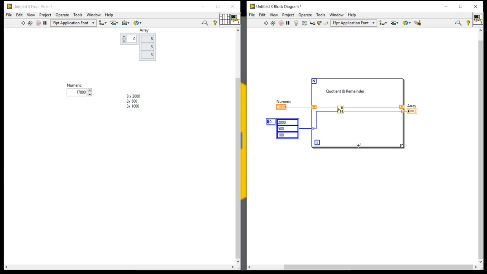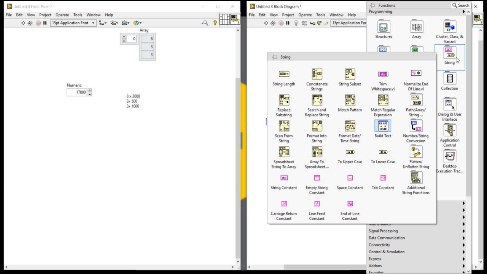Look here. I am going to come into the string palette and there you will get the format into string function. Are you getting the format into string?